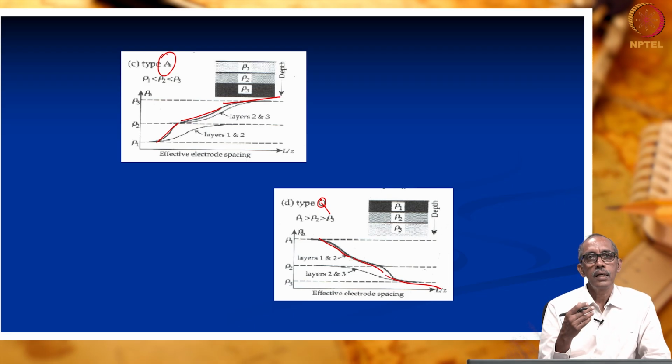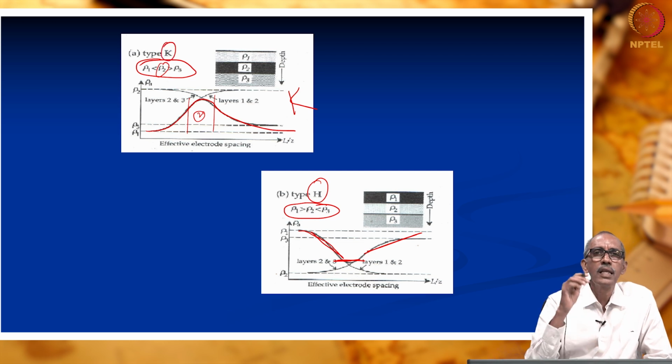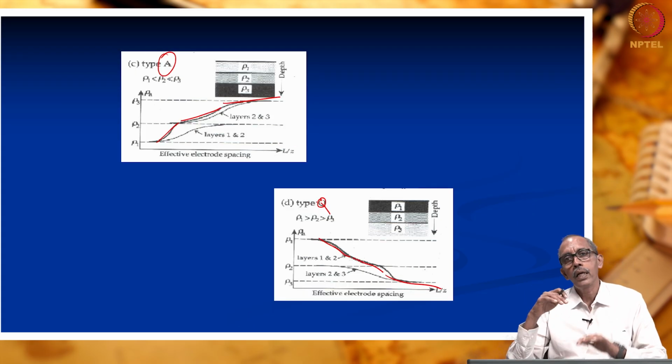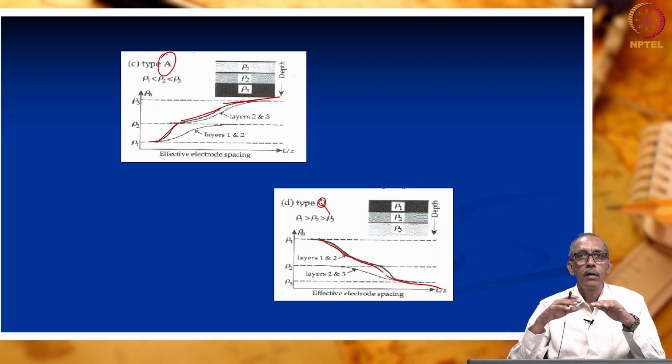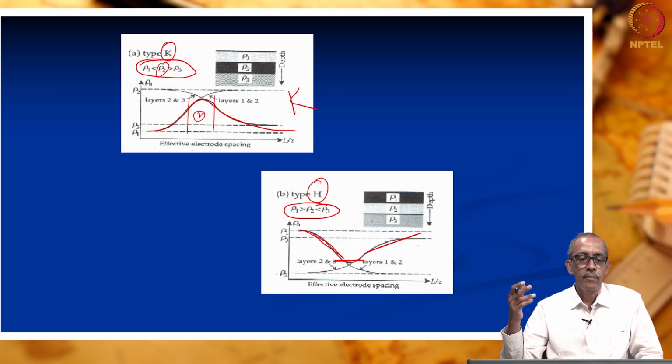So, conventionally we are expecting any one of these curves. Suppose you are dealing with a 3-layer case, I will repeat, if you do a survey in a 3-layer case, we may get something similar to K type or H type or A, otherwise Q type curve, depending upon the type of formation that exists below the surface of the earth. Generally, we expect something similar to A type or Q type or H or K type.